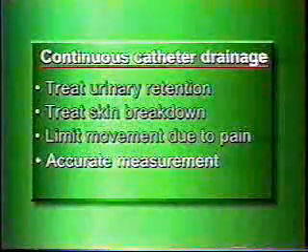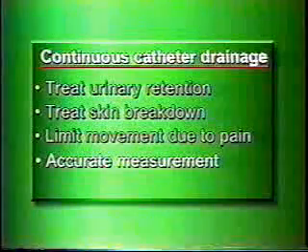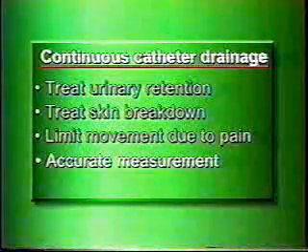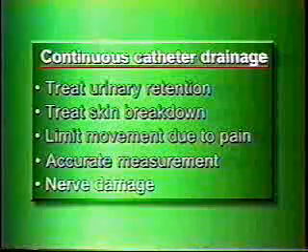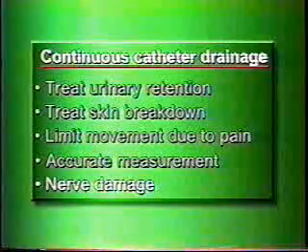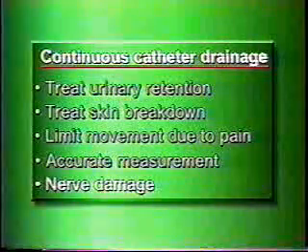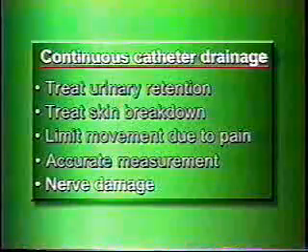Therefore, they might have a catheter to drain their urine to decrease their incontinent episodes, and they would be more comfortable. Also, when a medical condition requires accurate measurement of all urine output, a continuous urinary catheter may be used. And then when a patient suffers from nerve damage caused by injury or a disease such as stroke, continuous urinary drainage may be used. Before we go on, I'd like to discuss the functions of the urinary system and the